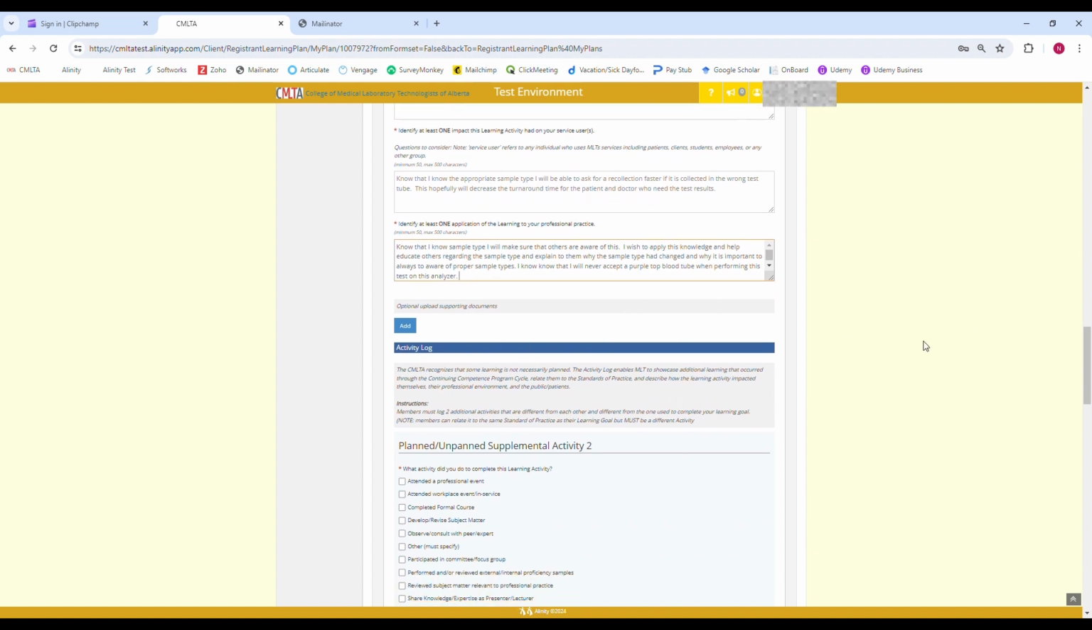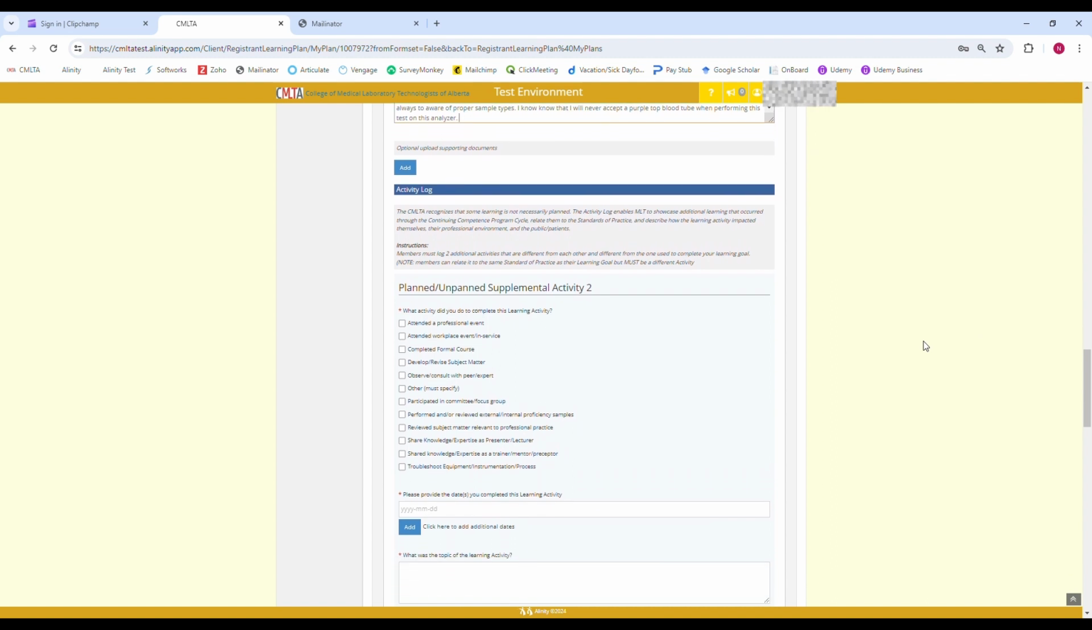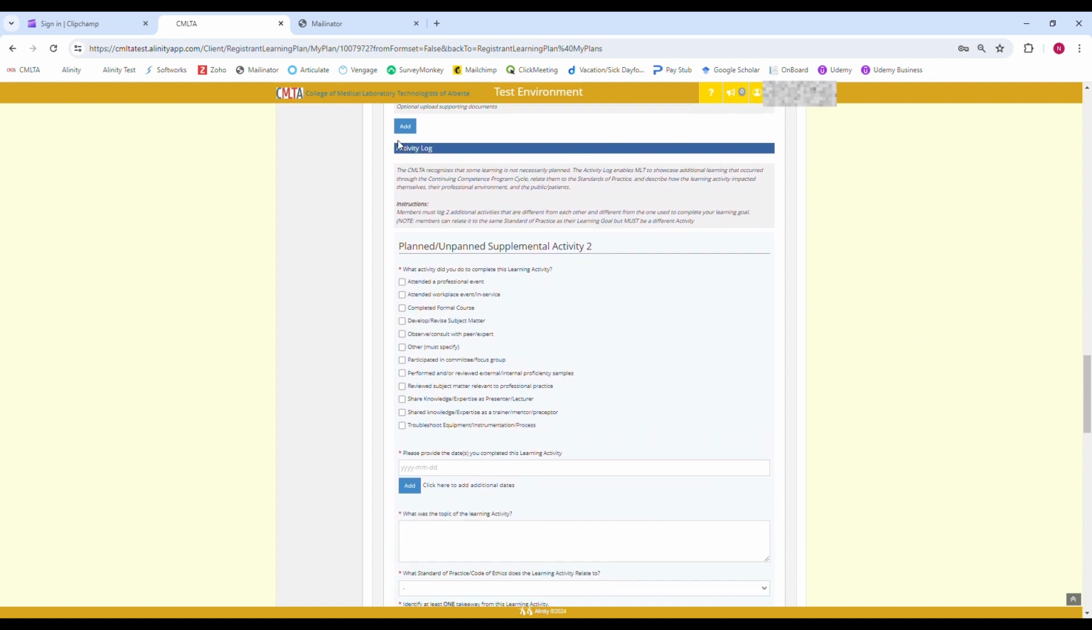Now, the member can add 2 additional planned, unplanned learning activities in their activity log. Remember, these do not need to be related to the learning plan you completed previously. This is just a place for members to add an activity that may have come up during the CCP cycle year that